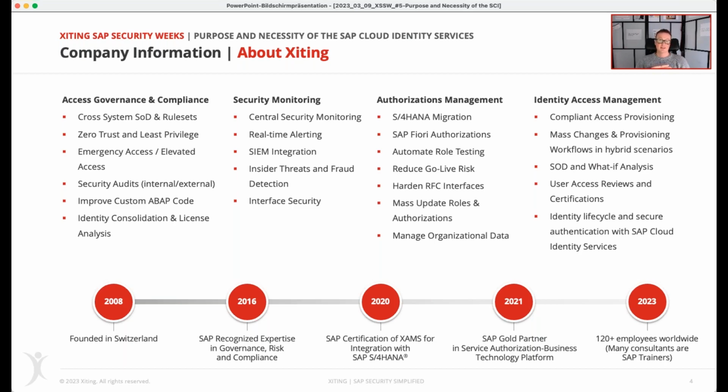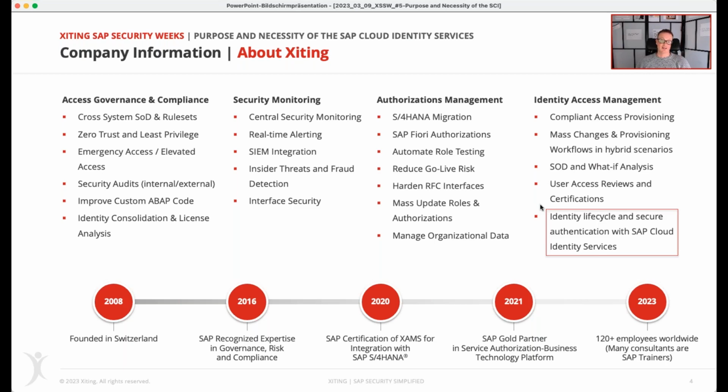We also provide expert tools as part of our portfolio, and we are an SAP education partner, so we do a lot of SAP trainings together with customers and also with SAP. As of today, we are around 120 employees. Teams are still growing globally.